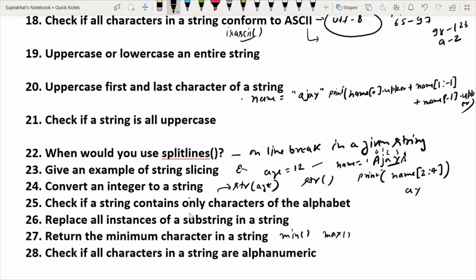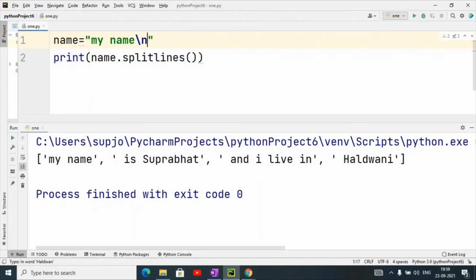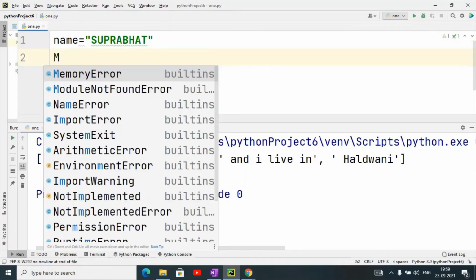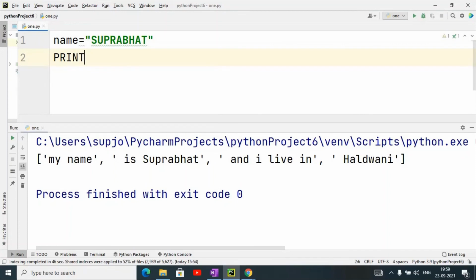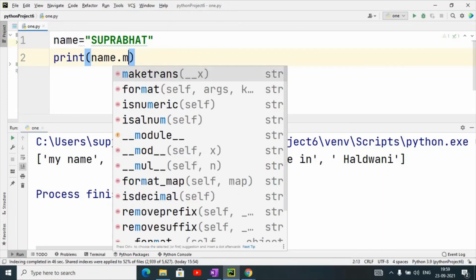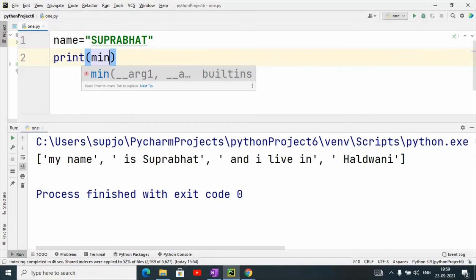What does it mean? For example, suppose I have taken the string SUPRABHAT and I will use min.